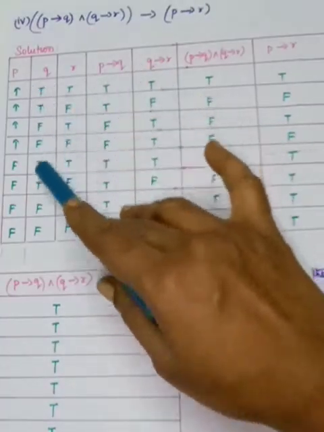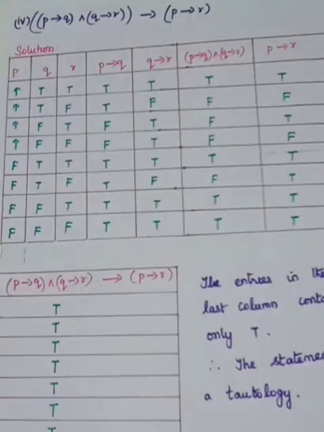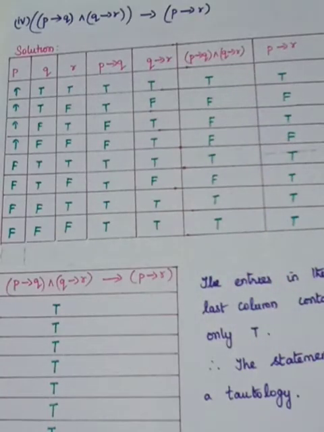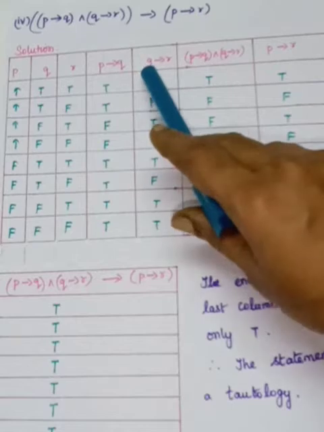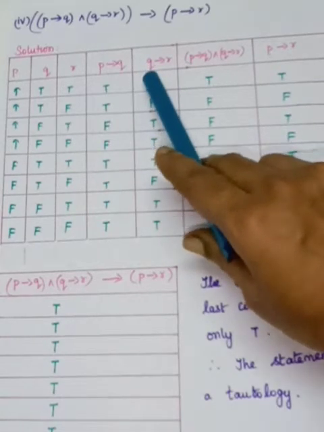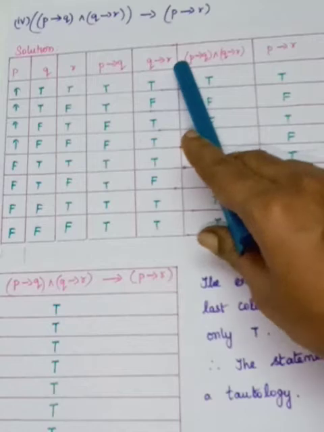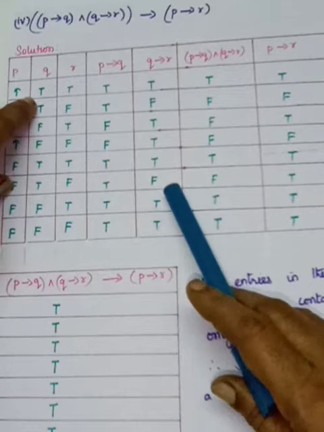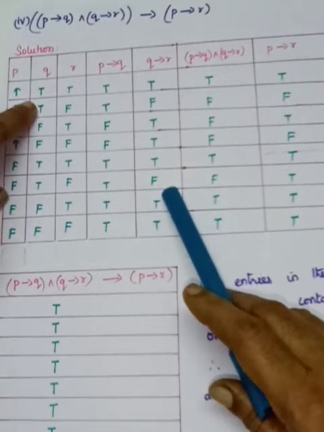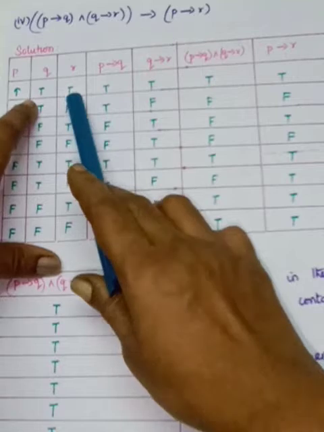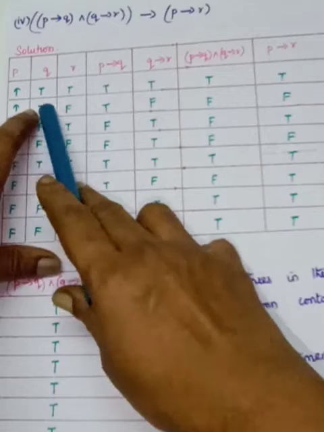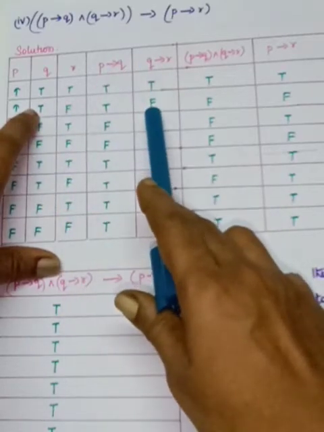Next one, Q implies R. Q is the second column and R is the third column. So for the second and the third column you have to see implies. Implies means if Q then R. So you have to see only one condition. First statement, in Q you should have T and in R you should have F. Both have to occur. Okay, you look at this. In Q, in the first 2 rows, you will have T. You look at R. In the second row you are having TF. So TF, Q and R, TF means your Q implies R is false.